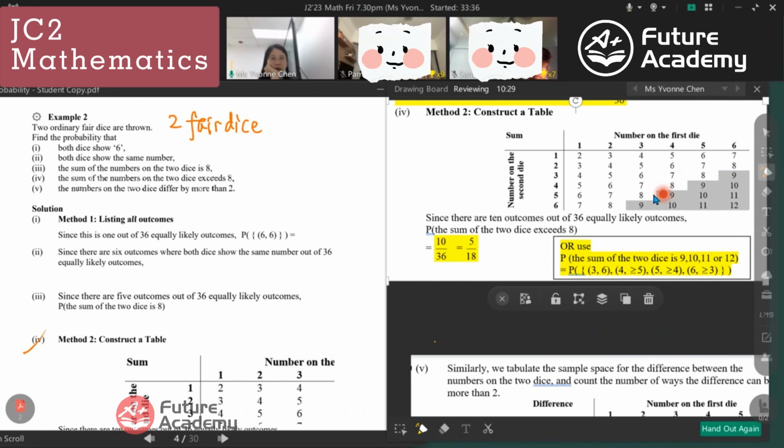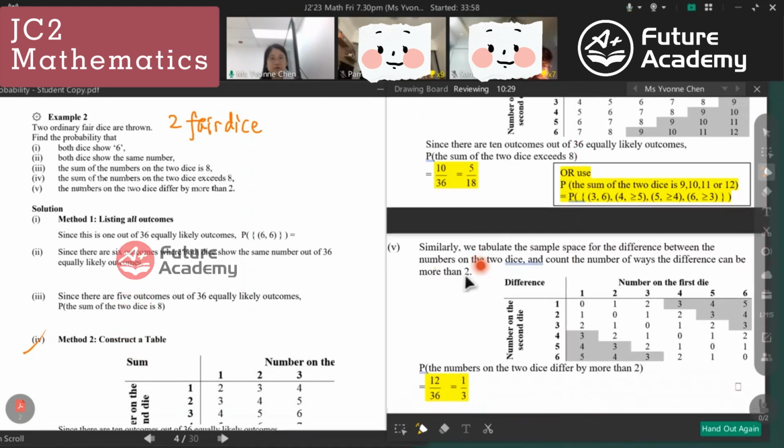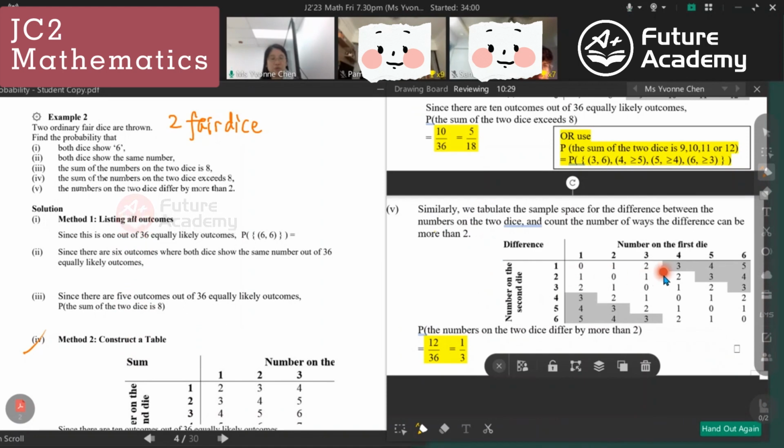We see the gray color part. How many are there? 10. So 10 out of 36 equals 5 out of 18. That's it done. Okay, so far. Then we look at part 5. Okay, so for part 5, we will